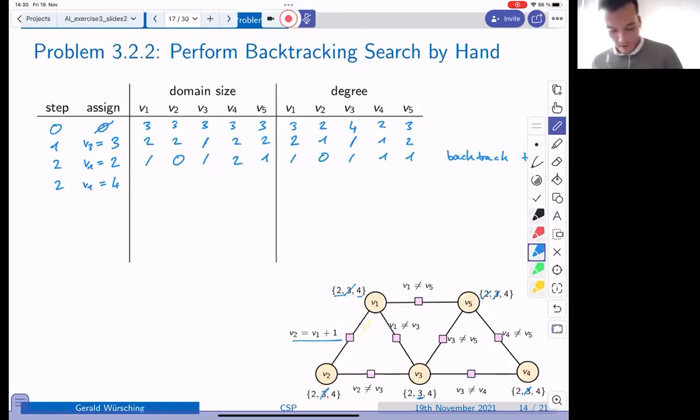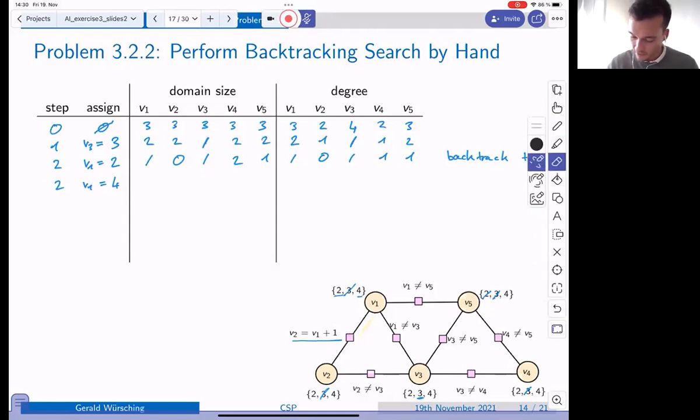Okay, so if we want variable 1 is equal to 4, we have to perform forward checking again. So we have to check all possible neighbors again of variable 1. So I'm going to remove this here again. Okay. So again, we start with variable 5. So there we have to strike out 4 in this case, because if v1 is 4, v5 may not be 4. So again, we have 1. We can ignore these 2. Then we have to check variable 2 again. And we can see that if v1 is equal to 4,